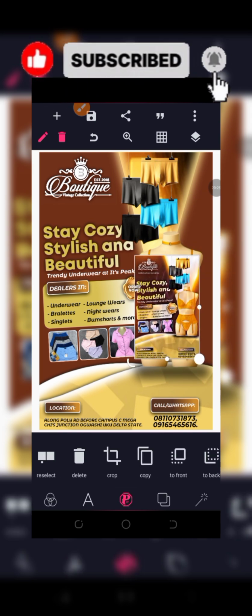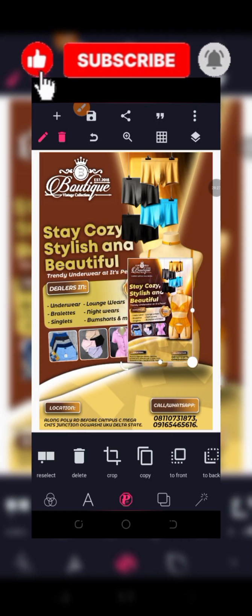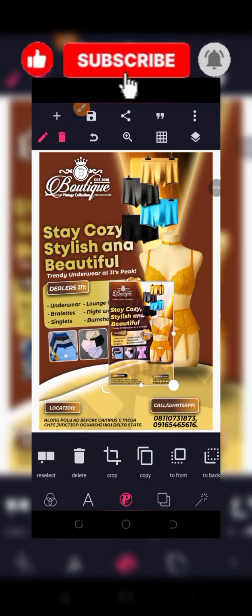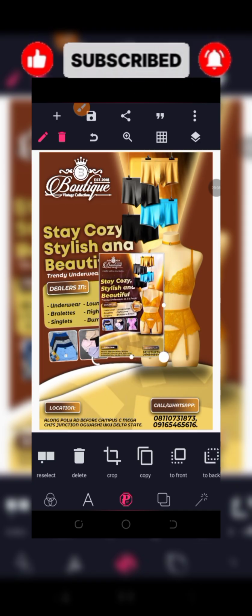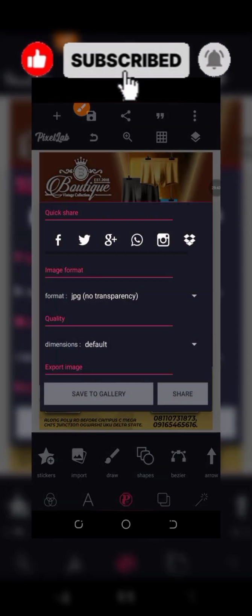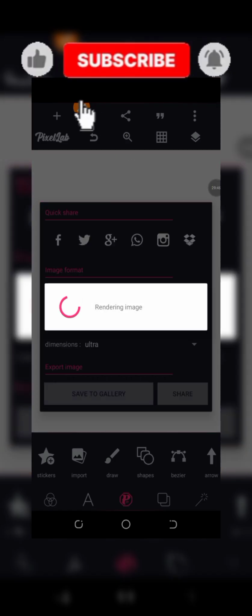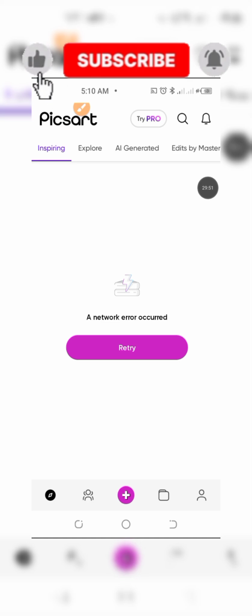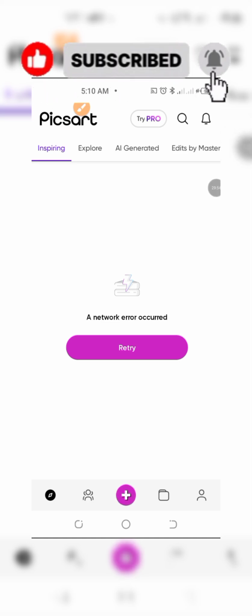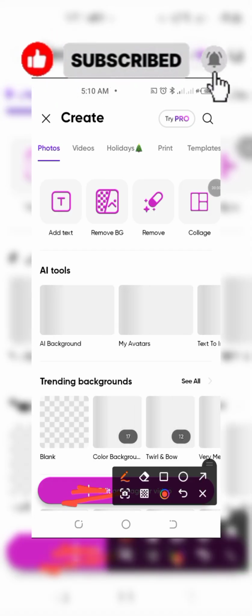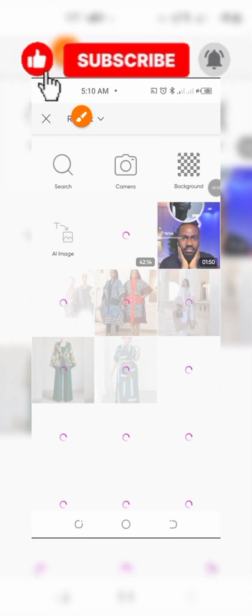Now we are cutting our design in Pixellab. Excuse me. We are cutting our design. Now the next thing we're going to do, we're going to go to Pixellab for the final touch. So we're going to save this one. We're going to save it using Ultra. So now save it. I'm going to open my Pixellab. So I'm going to click on edit here for my dates. I'm going to select